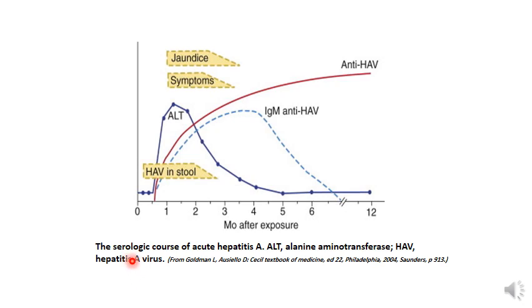This figure shows you the clinical and serologic course of acute hepatitis A, the relation between elevated liver enzyme and the symptomatology. So here the virus is present in the stool, and the elevated liver enzyme ALT, which is more specific for the liver, and there is jaundice and other symptoms. Over time, the IgM antibody will decrease after the first 4 months after infection and start to have IgG continue indefinitely